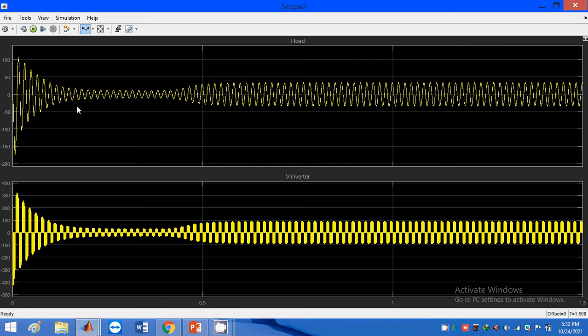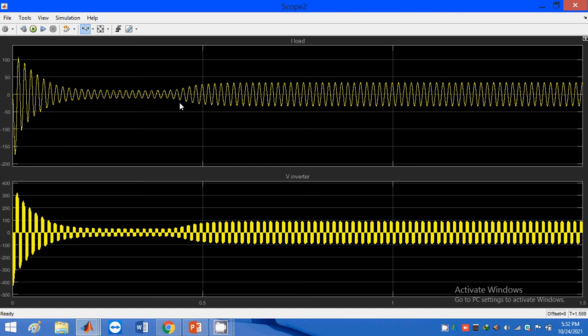Because at the zero time interval I have 250 Watts per meter square radiation, and the temperature is 25 degrees centigrade. At the time interval of 0.4 the radiation increases to 750 Watts per meter square. At that time the waveform looks like this.